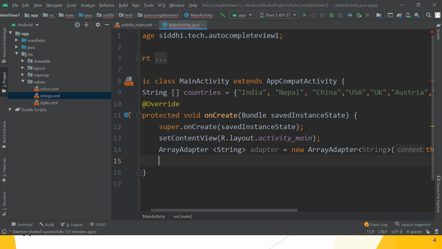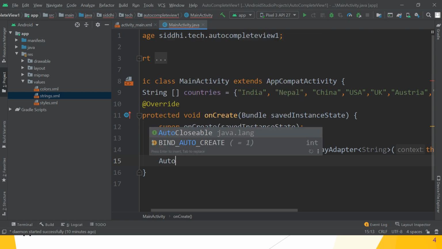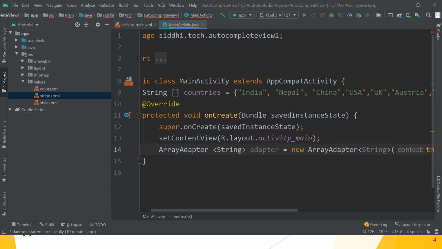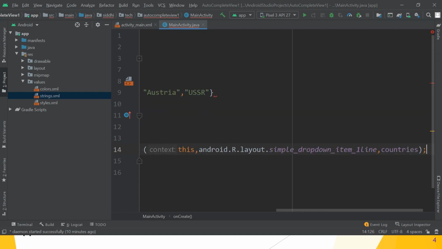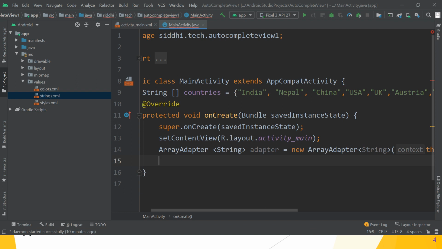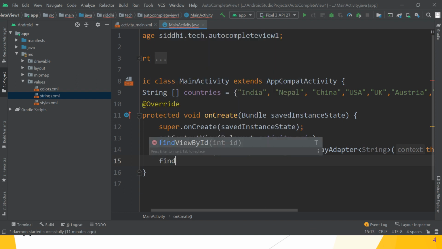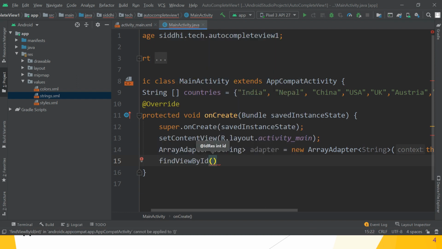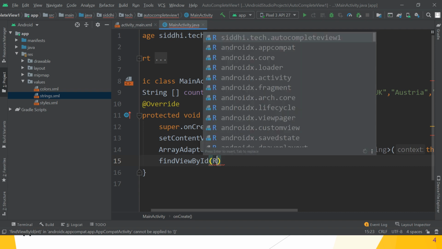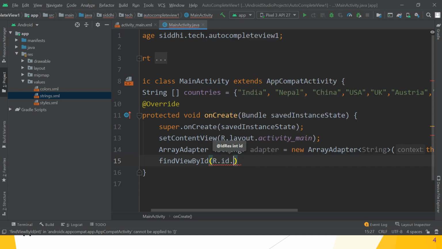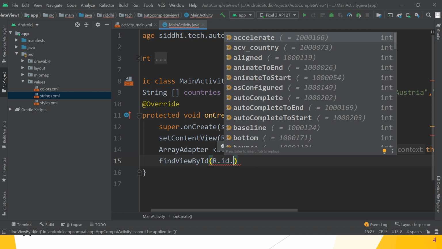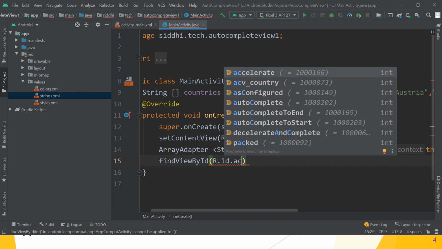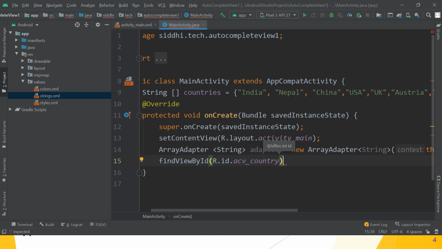After that, use the findViewById method, R.id. with the name of your ACV country, that is the autocomplete text view's name.